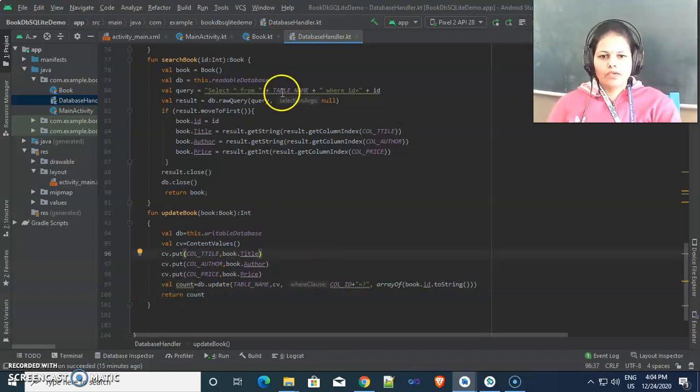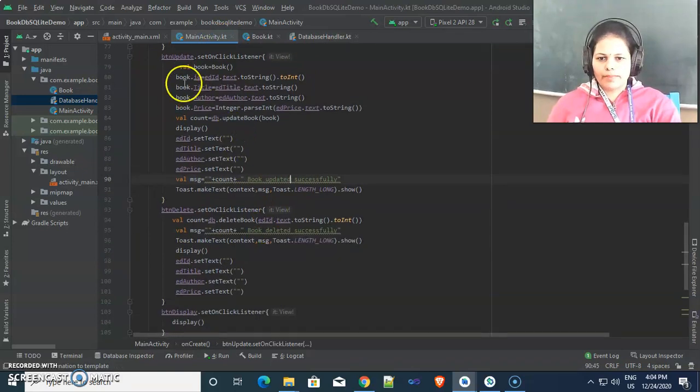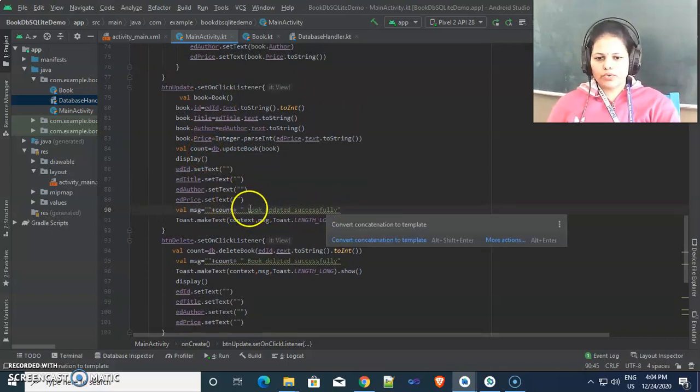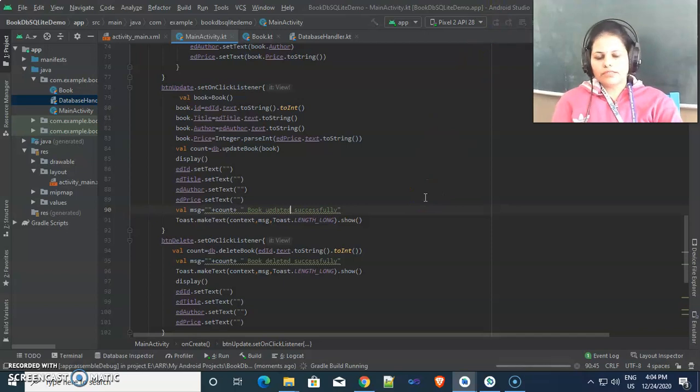Okay, so here we have already done the functionality for update. If that count gives me one result, then one book updated successfully, or 0 book updated successfully, that message will be displayed inside the toast. So we are running and see the result, what we will get.